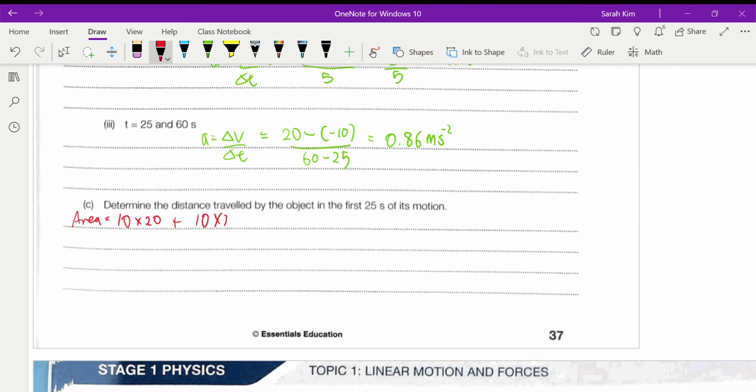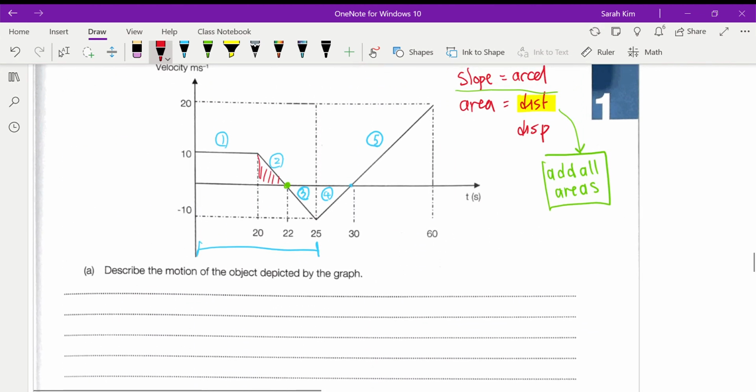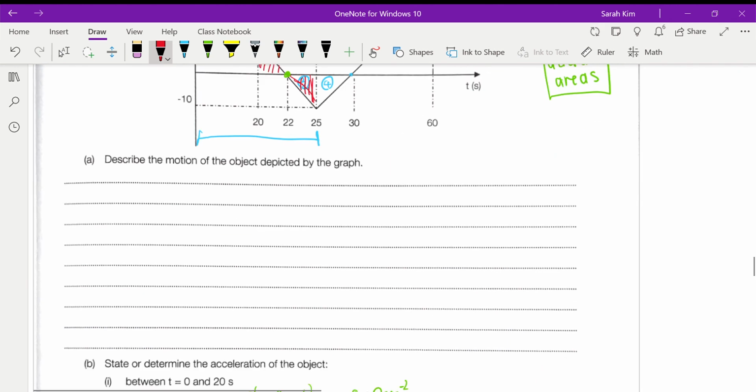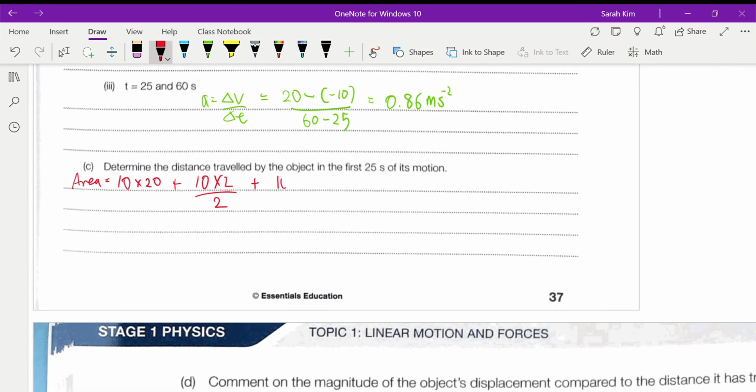And it's a triangle, so I've got to divide it by 2. And then my last section, which is this one over here, which is 3 seconds times 10 divided by 2. Right, so this is what I have. If I do it all together, I get 200